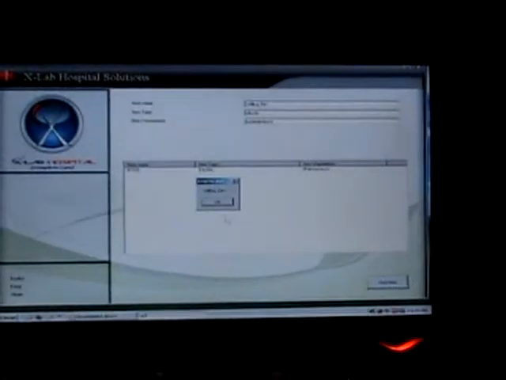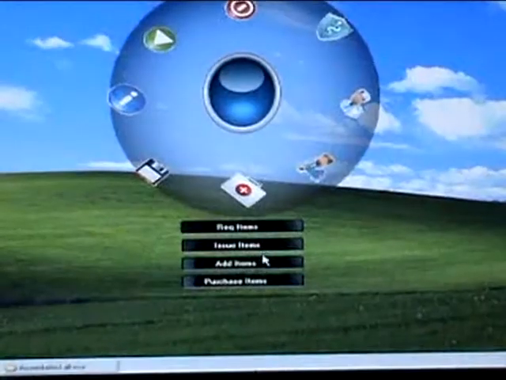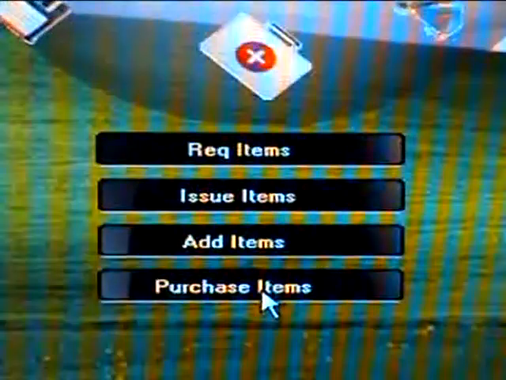Click add item. The item will be added. Now the item is added, we have to purchase that item. The item name ceiling fan is already here. Put the batch number and so on.